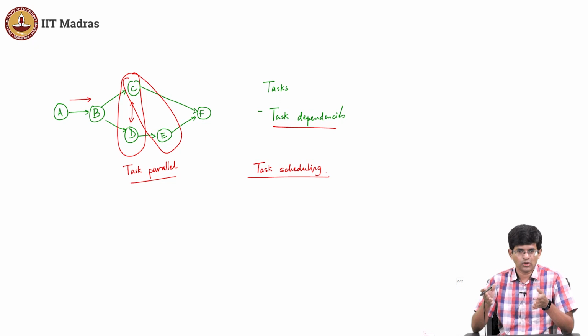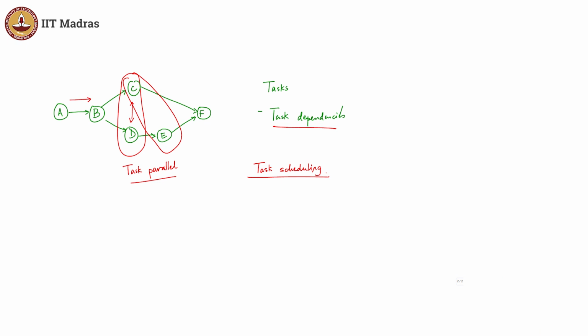You could be digging on multiple parts of it at the same time, or while you are digging you could also be preparing prefabricated structures for the next stage. So there are different ways in which you can look at it from a management point of view as well. So in the most general case, this becomes what's called a directed graph. And this whole area of graph theory and how you analyze graphs and do a lot of different algorithms on graphs starts to play a role in this context.